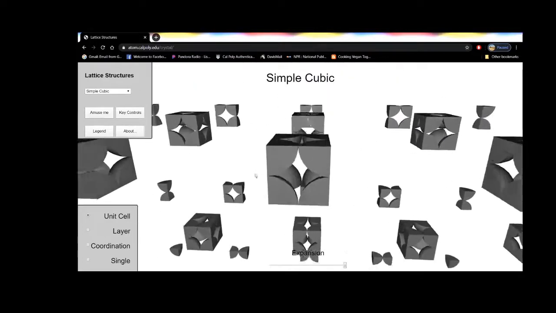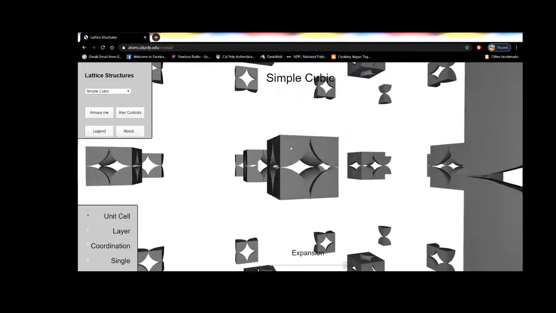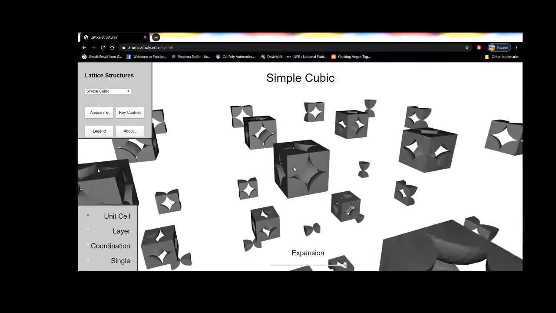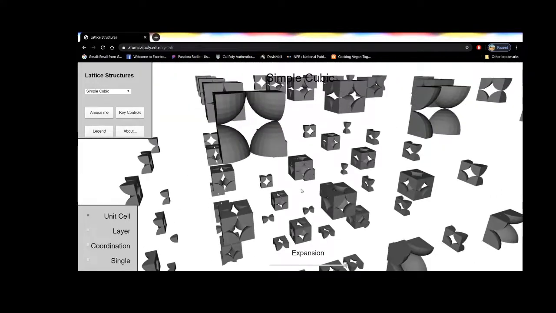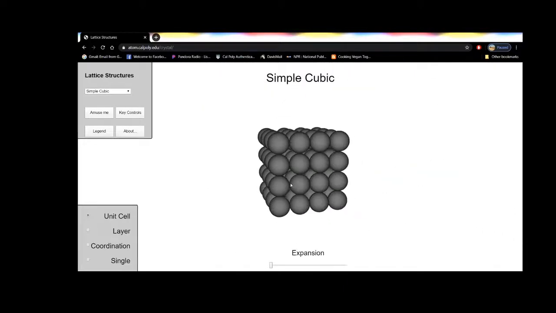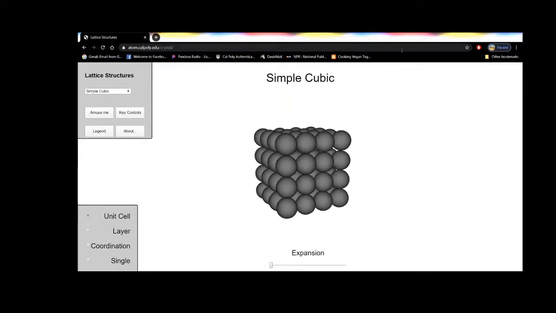And there are 2 main properties we want to look at. There's the number of atoms in the unit cell, and then there's the nearest neighbors to each atom in the unit cell. And the number of nearest neighbors is the coordination number. And that was one of the things that people in office hours were asking about. So if we looked at these, we have to keep track of the fact that there's a difference between